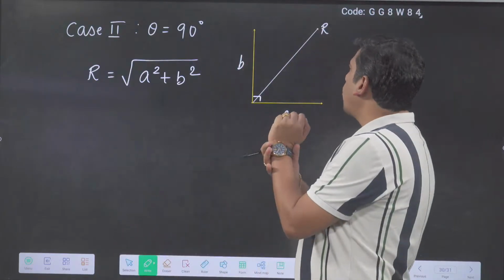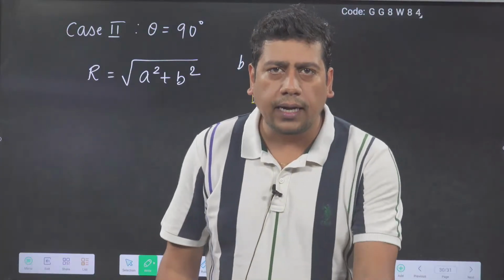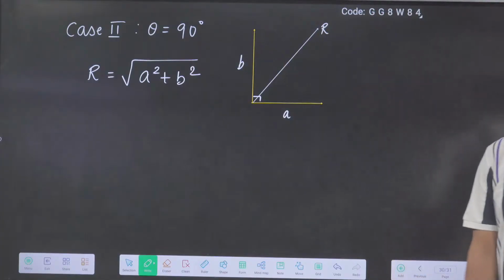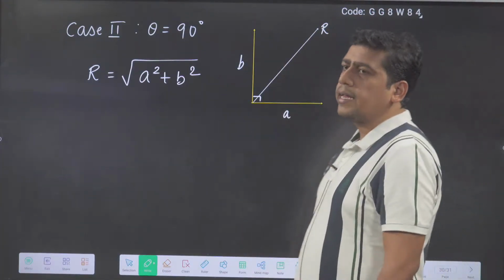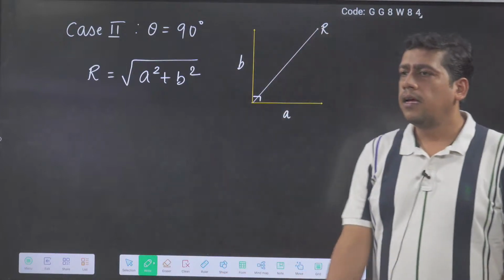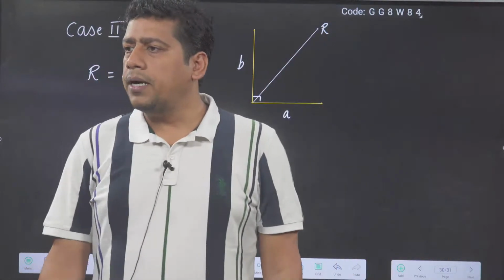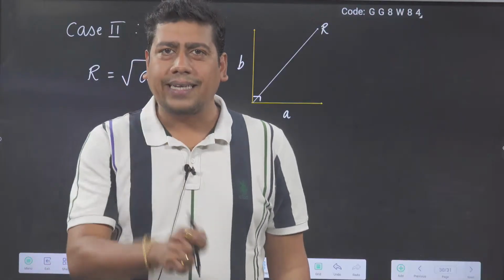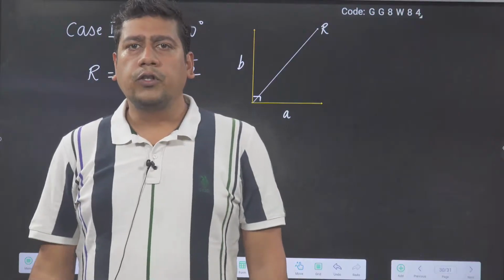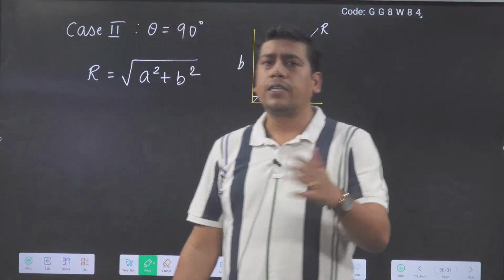Now, to find the direction, what should we find? Last class we discussed in detail. If you want to know the direction of the R vector, what thing should we find? Alpha, very good. Not magnitude, I'm asking to find direction, what should we find? To find the direction of a vector, we should find the angle. We should find the angle made by the vector with